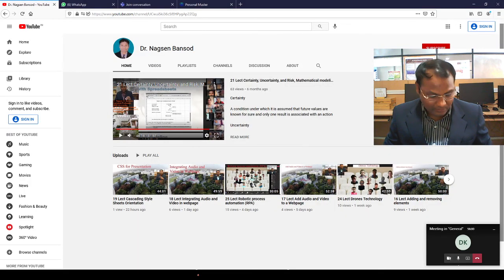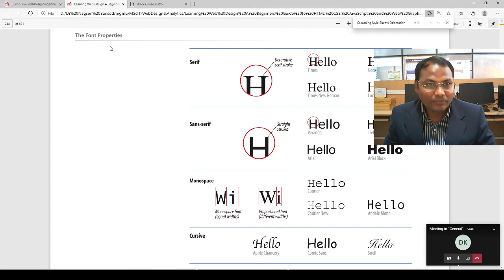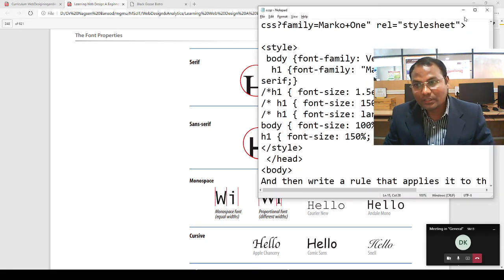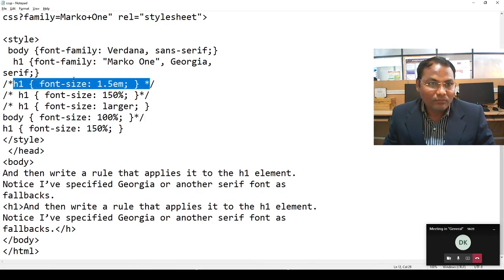This practical is not as difficult as you are feeling. You see, all this practical we have just performed on a single page. Here we have just added an inline style sheet with the size and font family.